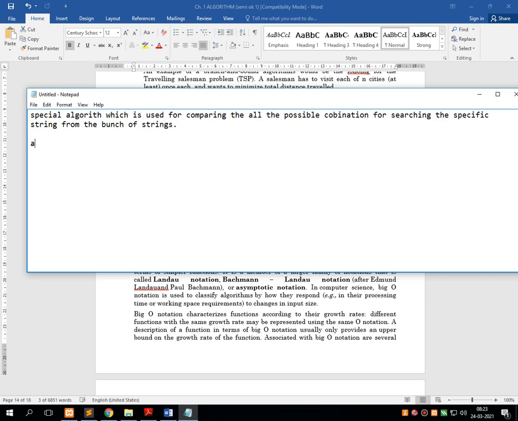Obviously, this bunch of strings is stored inside the concept of an array.